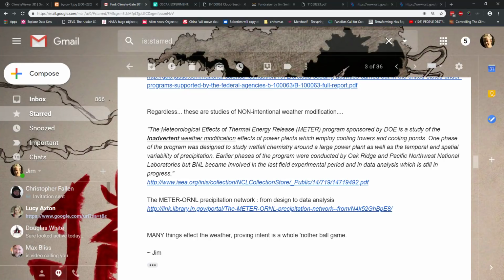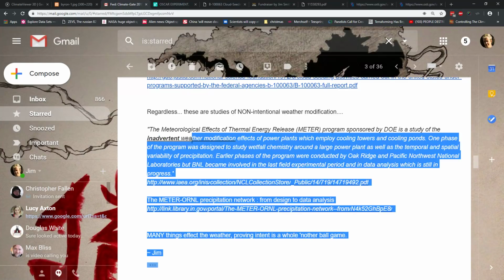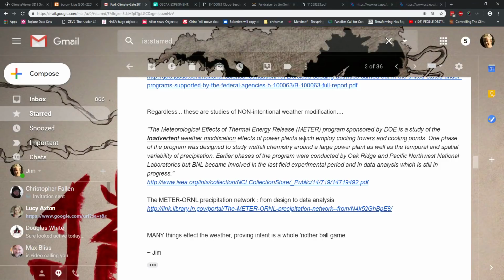And this is straight from his GoFundMe, that METER thing he talked about. The Meteorological Effects of Thermal Energy Release program, sponsored by the DOE, is a study of inadvertent weather modification effects of power plants which employ cooling towers and cooling ponds. One phase of the program was designed to study wet fall chemistry around a large power plant, as well as the temporal and spatial variability of precipitation. Earlier phases of the program were conducted at Oak Ridge and Pacific Northwest National Laboratories, but the BNL is that Bureau of Natural